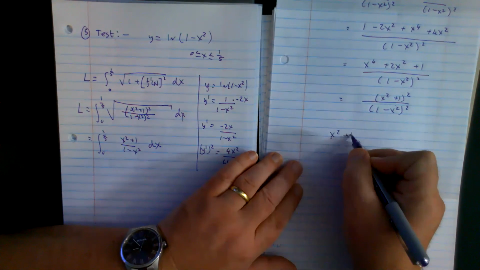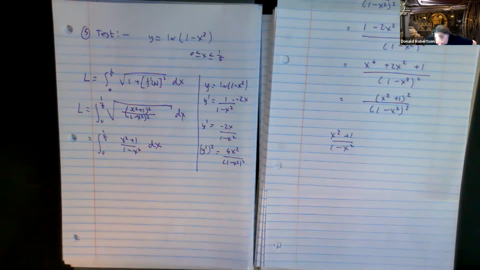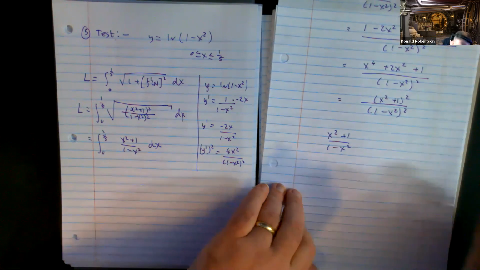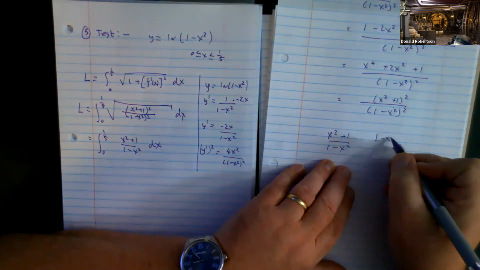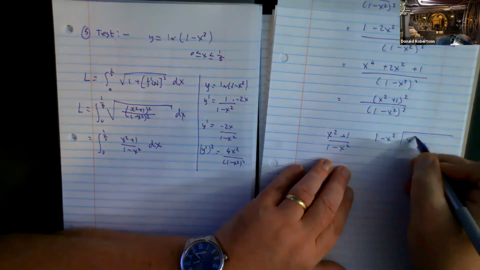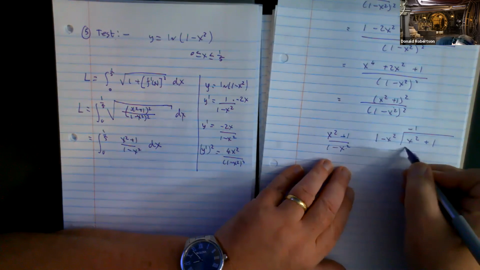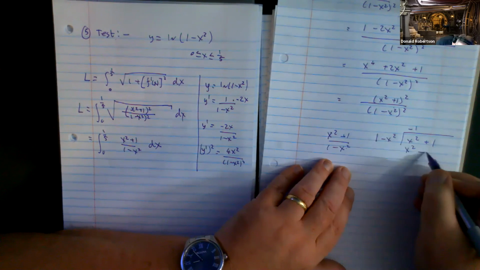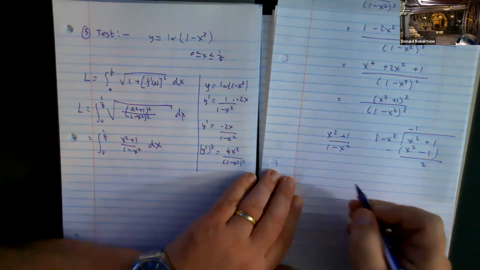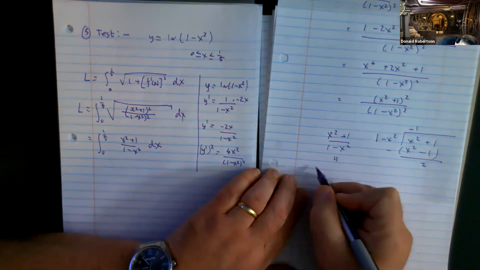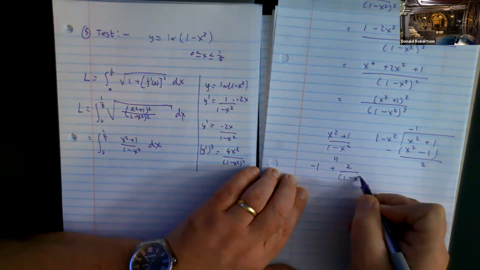X squared plus 1 over 1 minus x squared. I need to make that guy by long division first. Why? Because it's the same power. So I'm going to do 1 minus x squared into x squared plus 1, which means -1 does the job. And -1 times that guy gets you x squared and -1, and then you subtract, and so you're left with this. That means that this guy is equal to -1 plus 2 over 1 minus x squared.